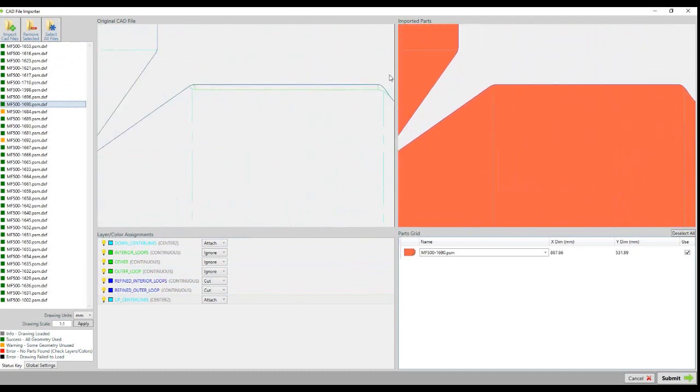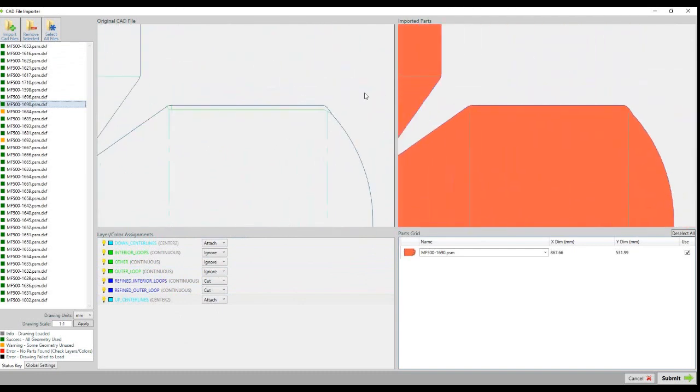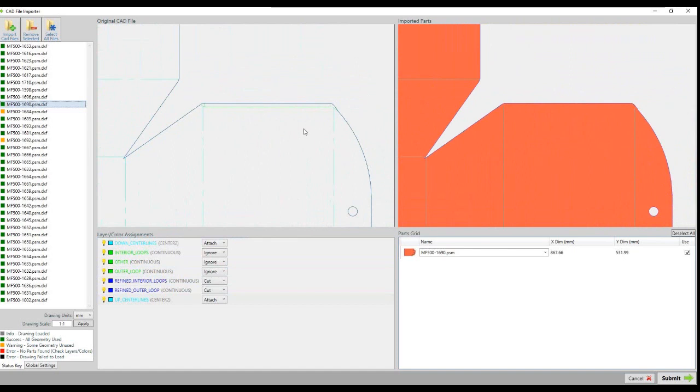If I zoom in to this part, you'll see, and this is quite common in other CAD systems that don't cut parts normal to the sheet metal, you get angled cuts. Most of the time, especially if you're laser cutting, water jet's a little bit different, but if you're laser cutting, you only want the outer profile of this line. I'll just show you some of the options that we have